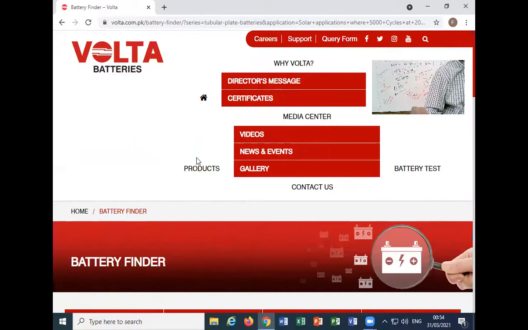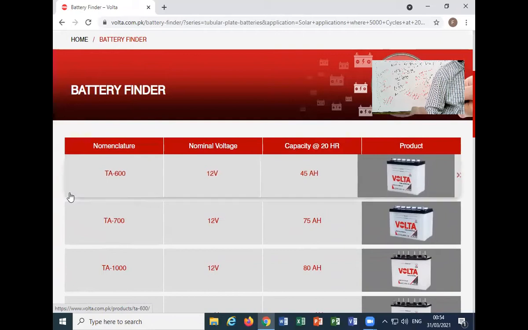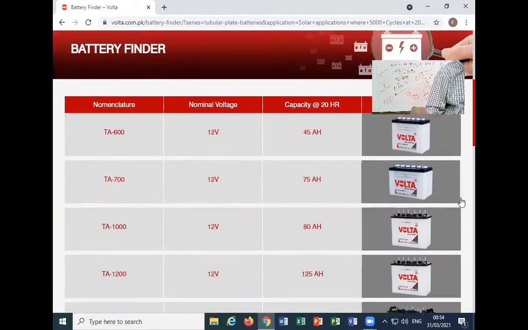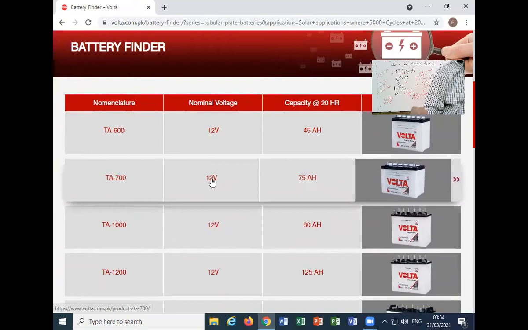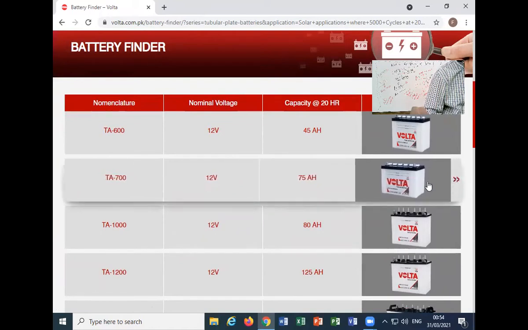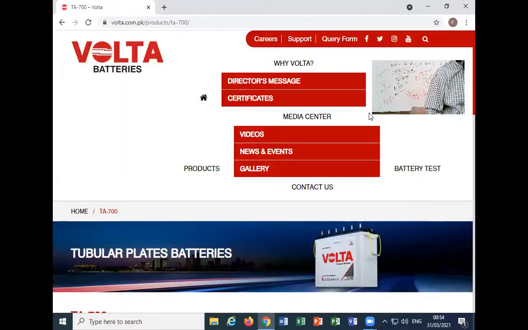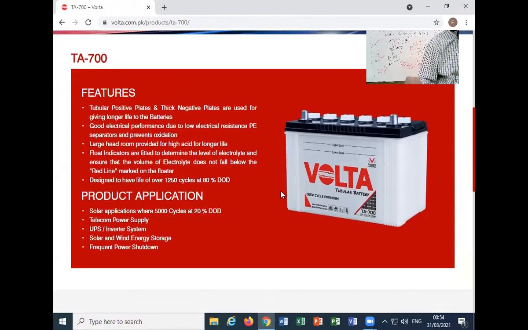I told you in my previous lecture that you can go for either AGM batteries or tubular plate batteries for your solar systems. Let's take this example. This is a 12-volt battery and 75 ampere hour. Now look, let's open its characteristics. Now look what is mentioned here. If you zoom in here,